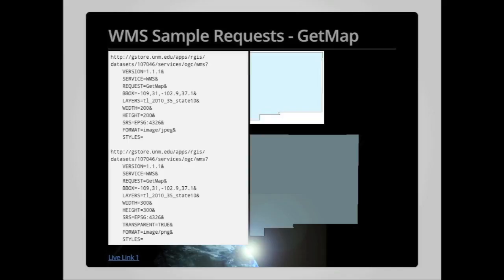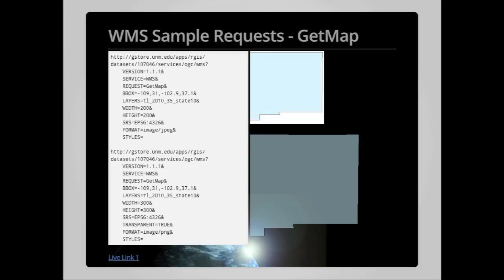Again, remembering that these are formatted for easy viewing, but as you're composing your own get map request, you should have no spaces, and the entire request should be on a single line of text